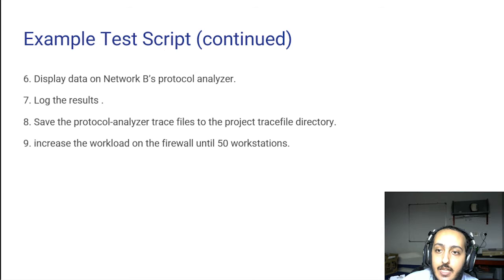So by increasing the number of workstations on the network one at a time until 50 workstations are running application ABC and attempting to reach server 1. Then we will repeat all these steps from 1 until 8. After each workstation is added to the